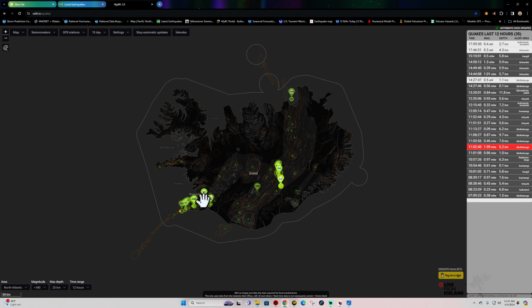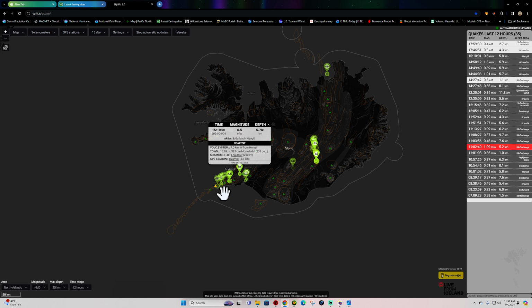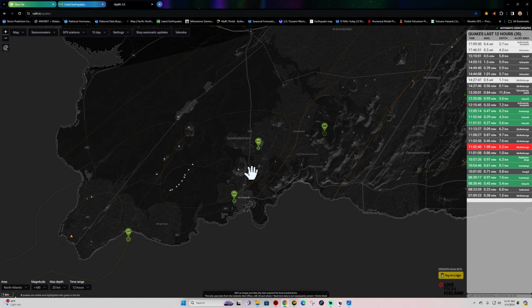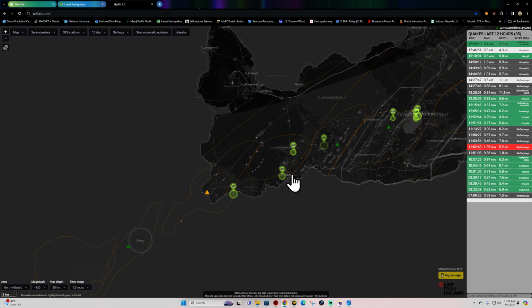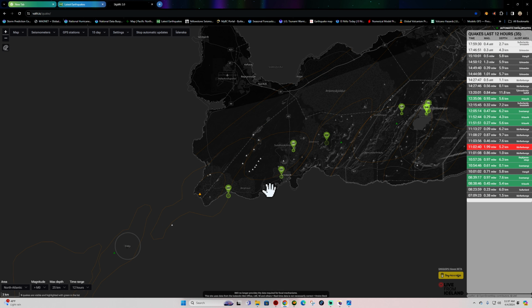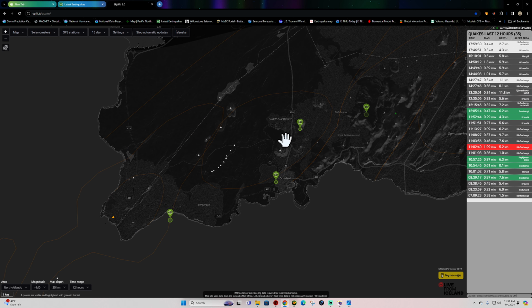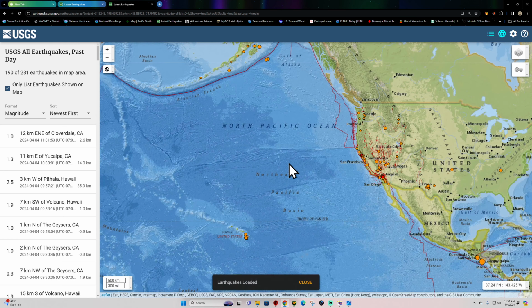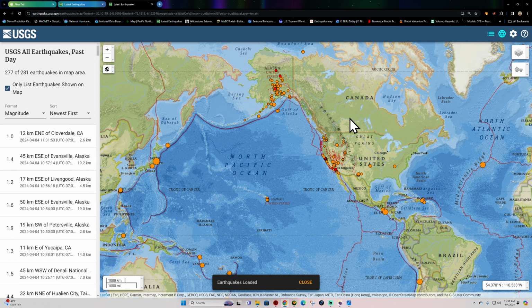This is the latest map here. Last 12 hours of earthquake activity. A little bit here across the rift zone, a ways away from the Grindavik area, which is down here. Really no unusual activity taking place here that would lead me to believe that there's more involved as far as any further eruption activity away from what we're seeing already. So we'll continue to watch it. That's about all we can do right now and see what it wants to do.